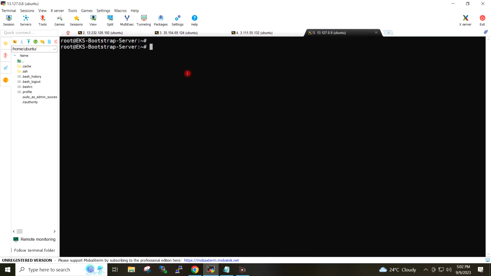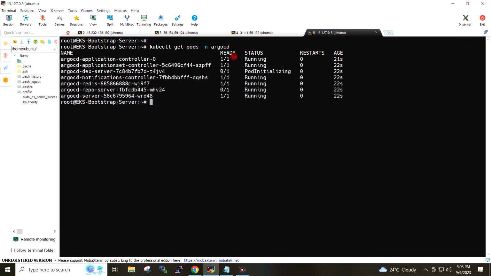Now we can view the pods created in the Argo CD namespace. So I will give the command kubectl get pods namespace argocd. So these are the pods running inside the Argo CD namespace. To interact with the API server, we need to deploy the Argo CD CLI.